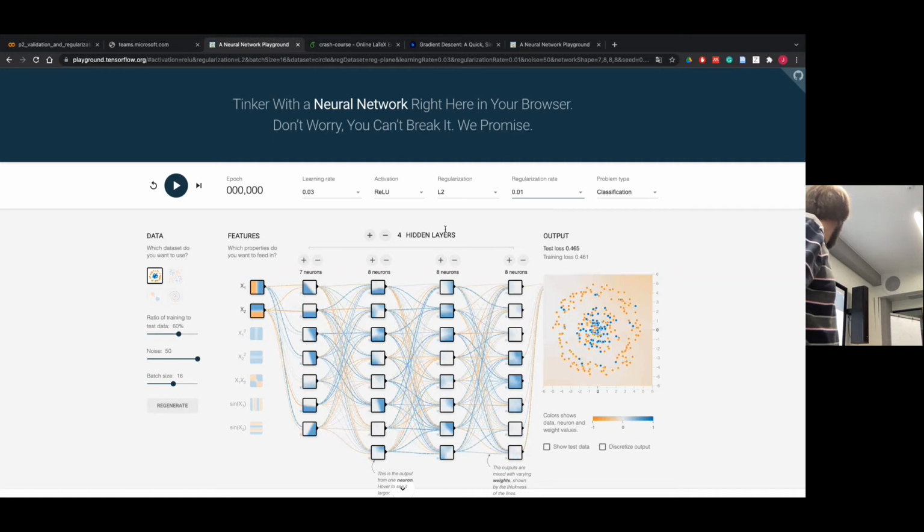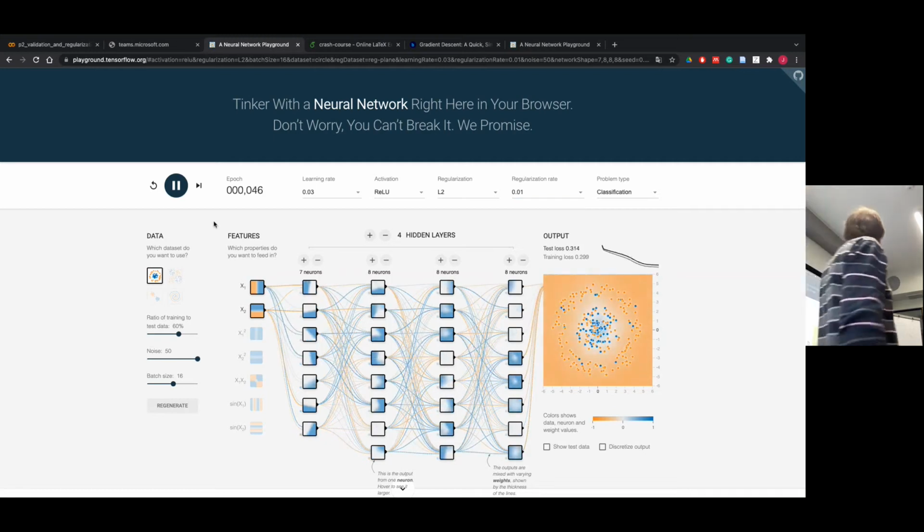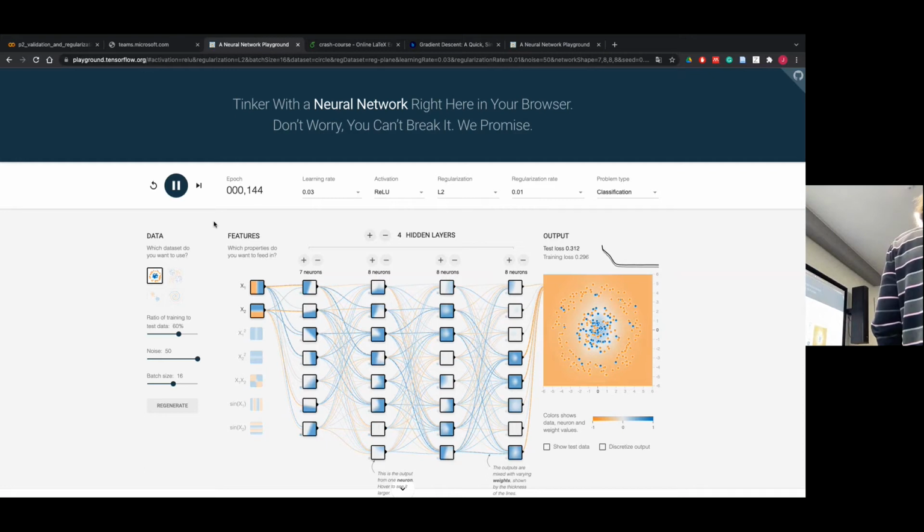I will put a bit stronger regularization rate here. Because here I have just increased the regularization to show you that with some regularization you avoid overfitting, as we have seen last week. And actually this is what you observe here. And why is that? Because you see that some of the weights are very small: the intensity of the color of the connections, and the value of the output for each layer is what you see here.